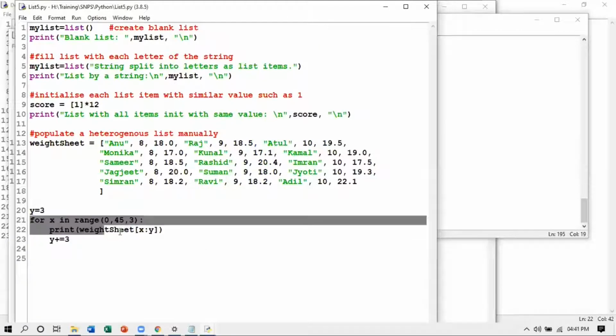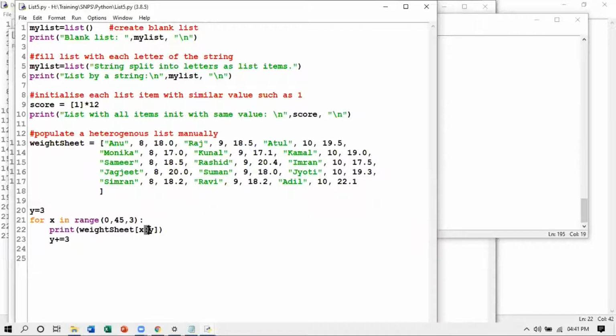This is the logic for jumping by 3 values. Colon is the keyword here. Colon is the backbone, from 0 to 3. Next time it will be from 3 to 6, from 6 to 9, and so on. See, the skipping is happening by 3. X is also increasing by 3: 0, next time 3, next time 6, next time 9. Y is also increasing by 3. So this will also update.